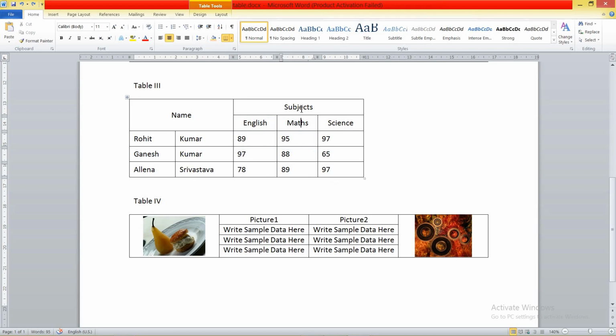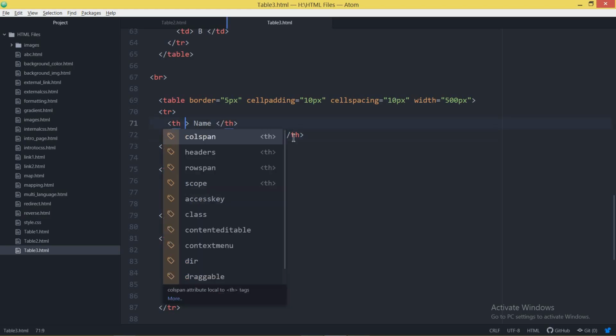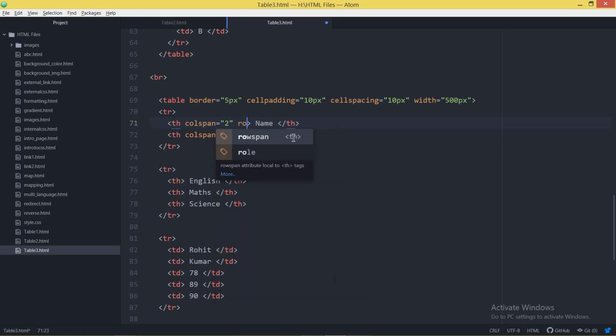Now after merging this cell, talk about the name cell. How many columns have we merged in this particular cell? This is 1 column at the bottom, and second column we have. It means this cell is merged with 2 columns. And towards the right hand side you can also see 2 rows over here. This is the first row, this is the second row. It means this name cell is merged with 2 colspan and 2 rowspan. You can give both over here with the help of colspan equals 2 and rowspan equals 2. This is the requirement which you have to give.